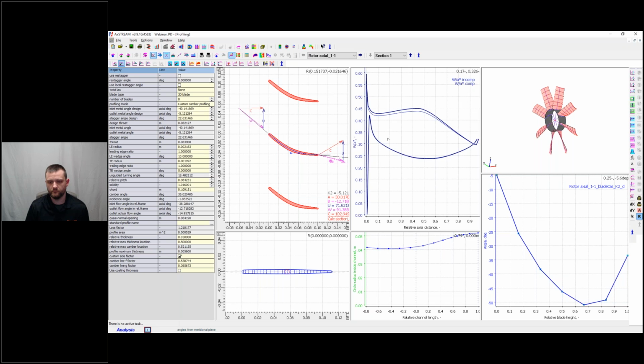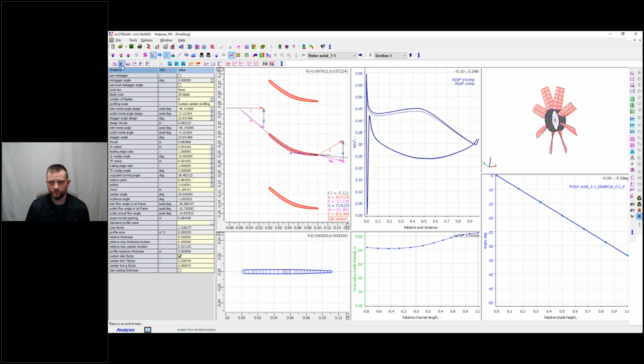We see here the Mach number distribution on that profile, and you were able to see that it updated as soon as I made some changes here. As mentioned earlier, we can apply some smoothing techniques here. I can, for example, say do this in a linear manner, just as an example.